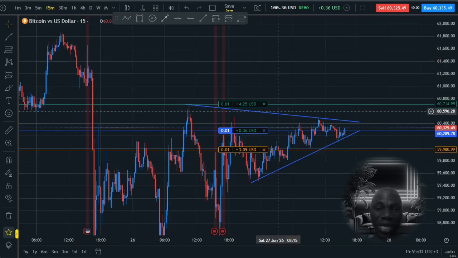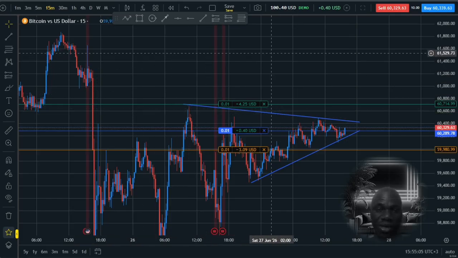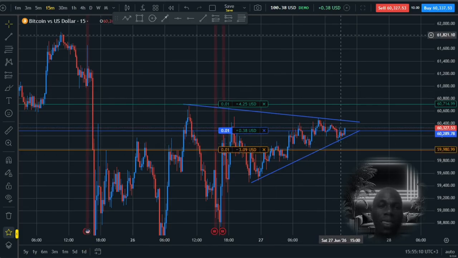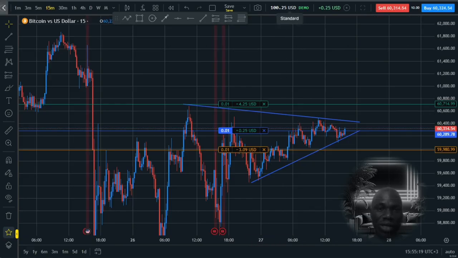So what's the risk to reward now? We target now our first nearby liquidity here. You can see the risk is now on a $100 account. We are risking 3% of the account. So 3%